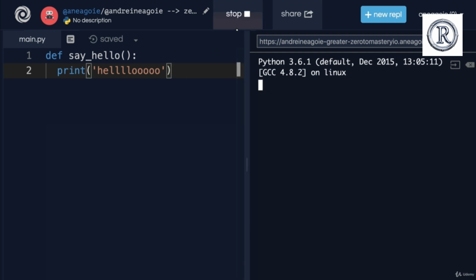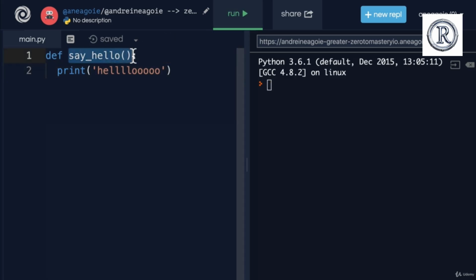If I click run, nothing happened. Why is that? Well, we've created the say_hello function. We've defined it, and now it's living somewhere in memory on our machine. However, in order to use a function, remember, just like we use the print function, we have to call it with the brackets. So after we define a function, we say